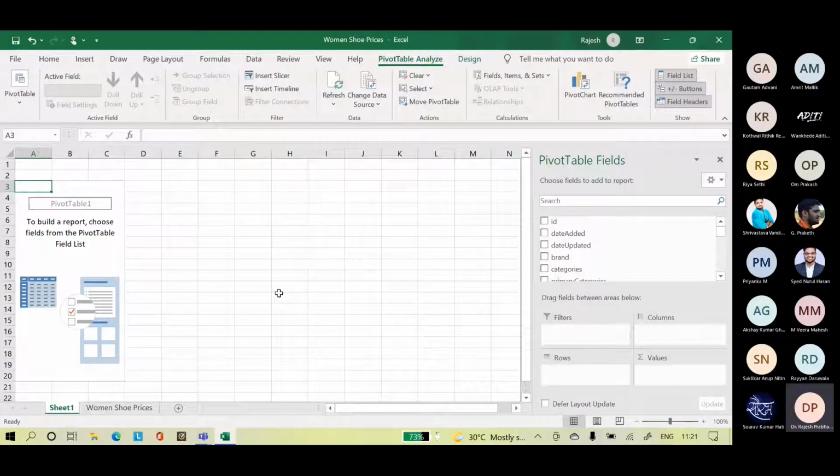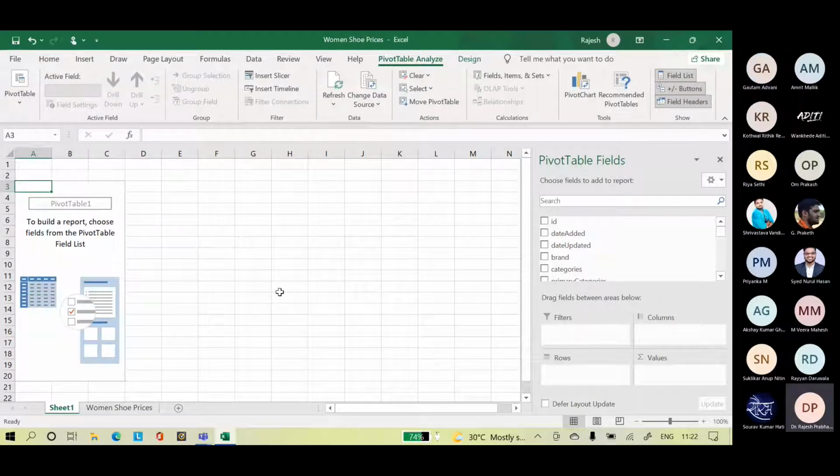All right, all of you created a pivot table sheet. Can you confirm you have done this pivot table?